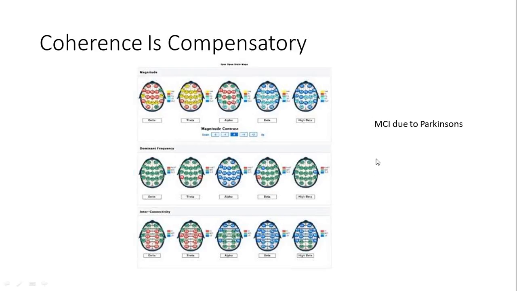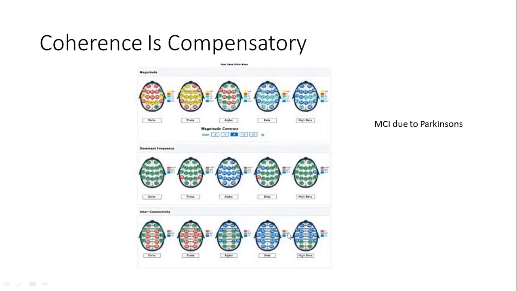This here's Parkinson's, and this shows you coherence is compensatory as well with respect to degenerative processes in the brain. You notice that the delta and the theta are quite high, which is very common in Parkinson's, and beta is very low because you're losing high energy processing abilities. You're losing mitochondrial energy output because you have so much inflammatory process, which you can see in that elevated delta, and reduced perfusion in the theta. And you can see there's a slowing in the alpha, which is common with this kind of issue.